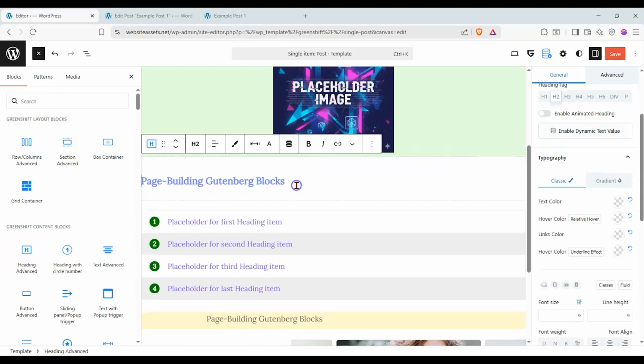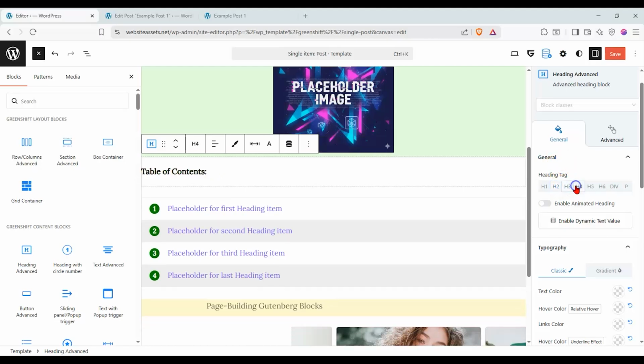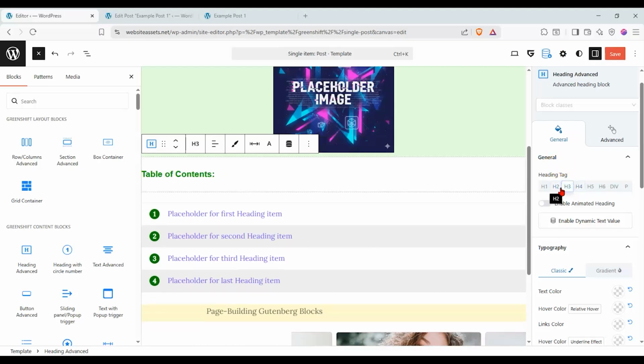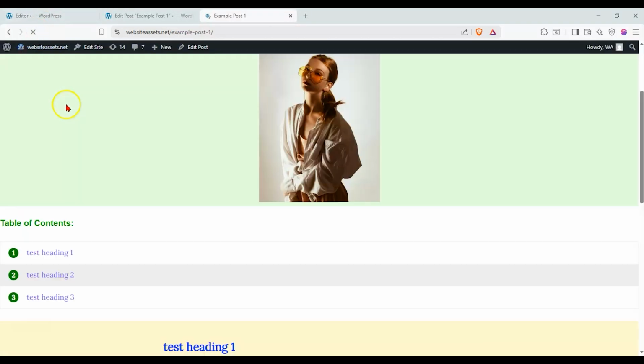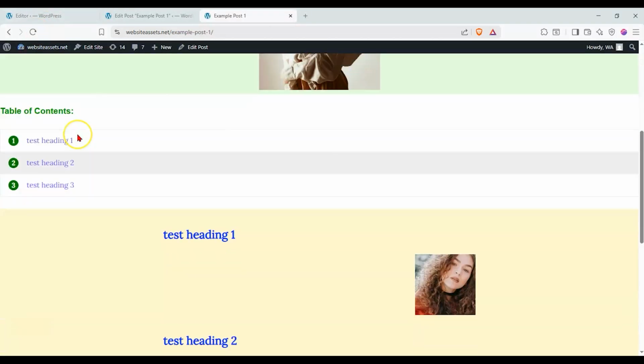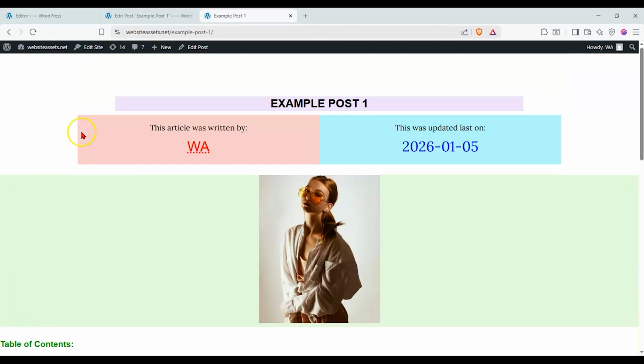And then let's go ahead and change the heading tag of this, just to give us some quick formatting. Save it and then reload this. And you can see we have an interesting table of contents. So there you have making your custom WordPress and GreenShift, that is, single blog post template